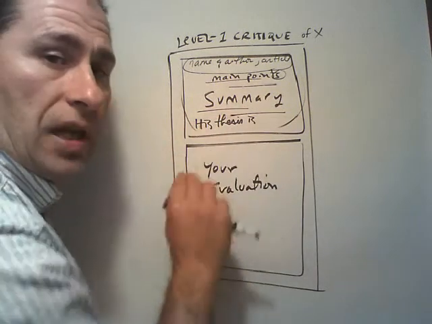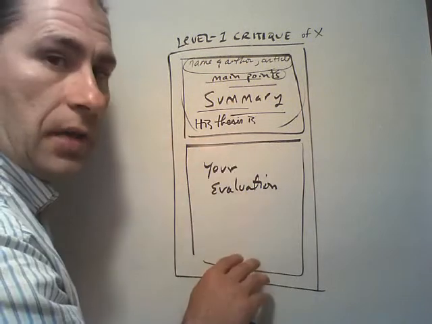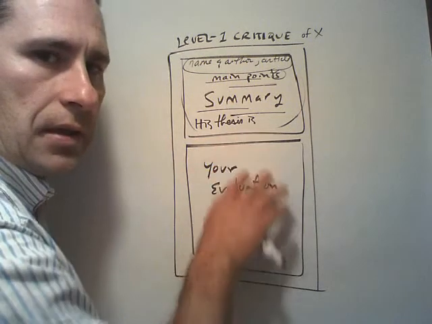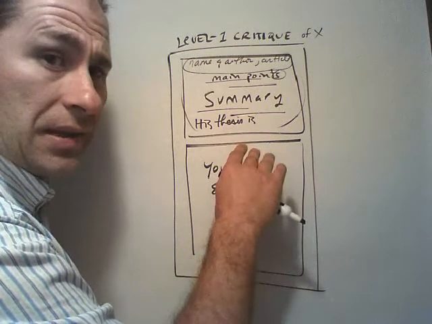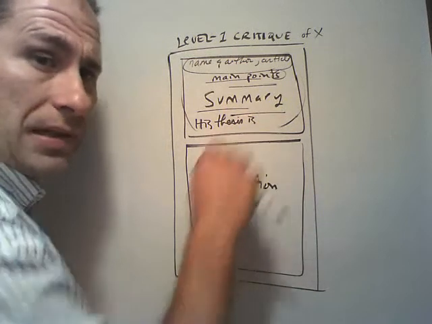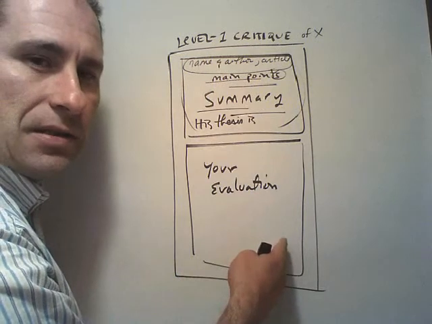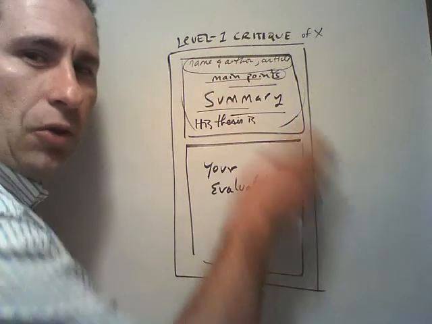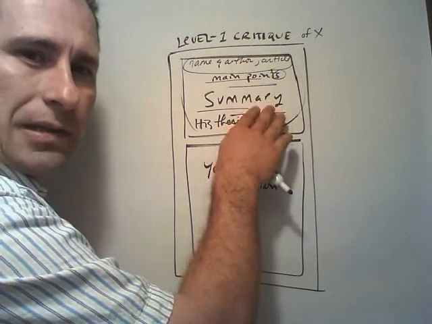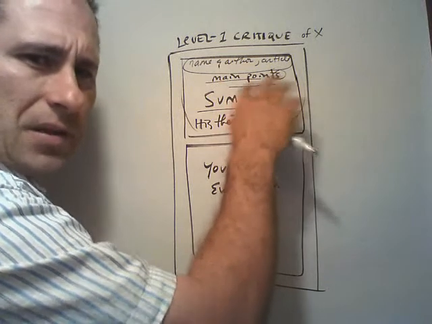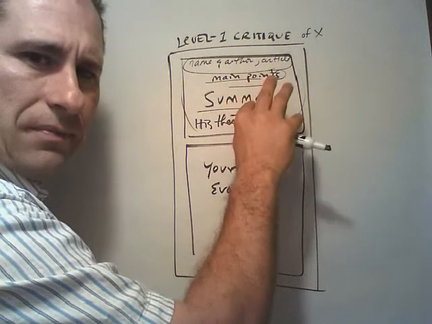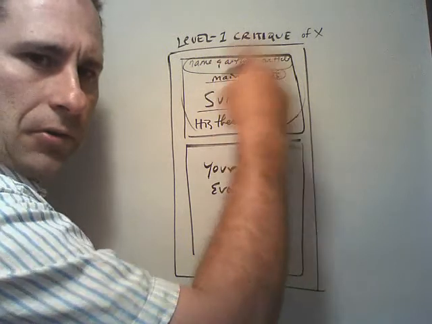The summary should not be more than the evaluation. At most, it should be 50% of the evaluation, but preferably something like 30% or 20%. The evaluation is the meat of a critique, but it's not going to make much sense to your readers unless they know what X is about, or the thing you're critiquing, so that's why you need to provide the summary. But the summary is a small part, never the main part of the critique.